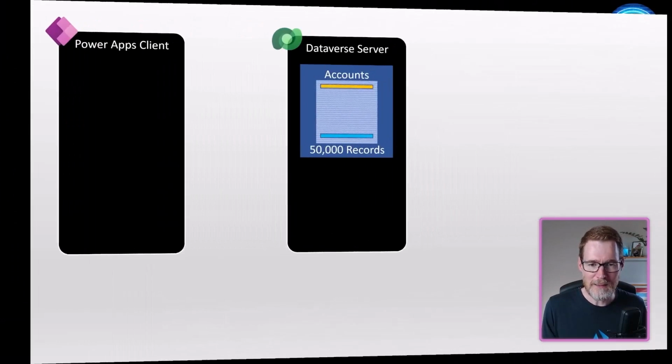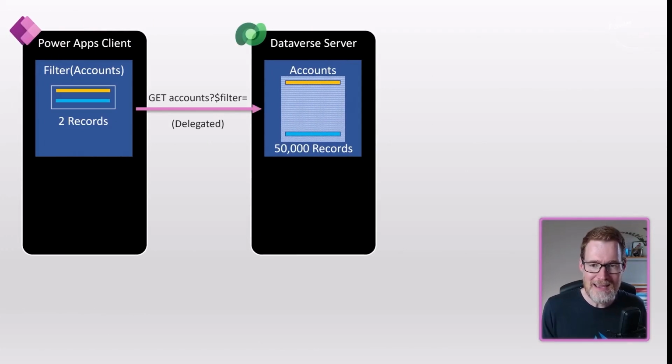So what we want to be able to do is, when we get the records, rather than download up to that delegation limit and then perform the filter, we want to be able to pass that filter across to the server. So the filter is happening on the server rather than the client. And so because it happens on the server, we only get those 2 records returned. We don't get the full set of records, the 200 records, and then do the filter. And of course, that's going to give us the correct set of results.